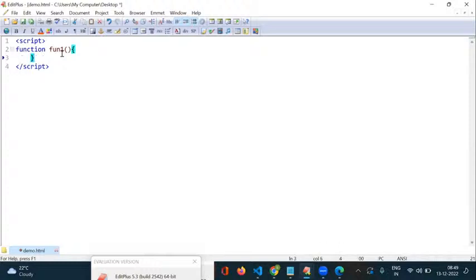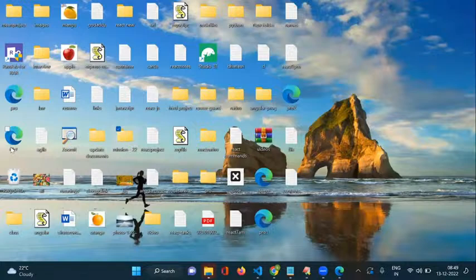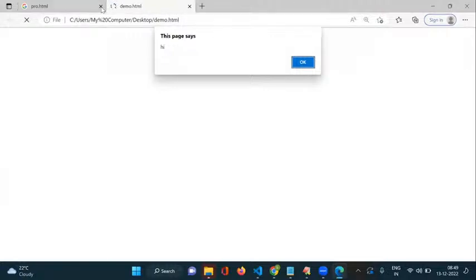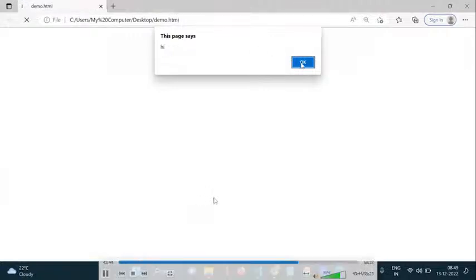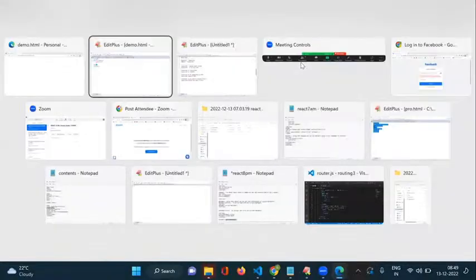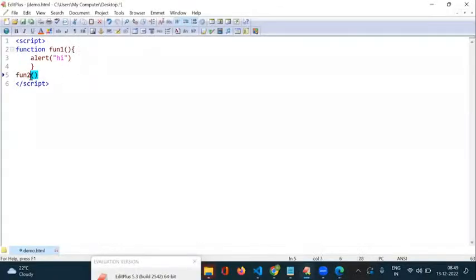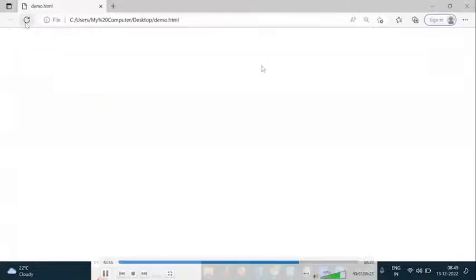Function fn1. In this function, alert we are using to display the message box. I have given a hi message. Now I am calling this function. In this demo.html, this function displays the hi message. Let me run this demo.html. Yes, it displays the hi message like that. Now if I call function 2, it is not available. It is not available. That's why we are not getting